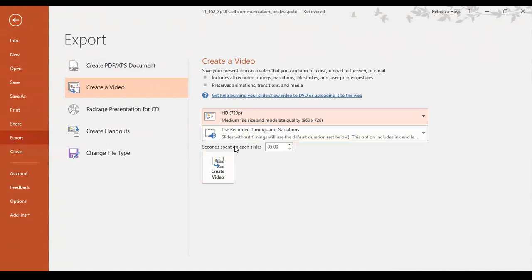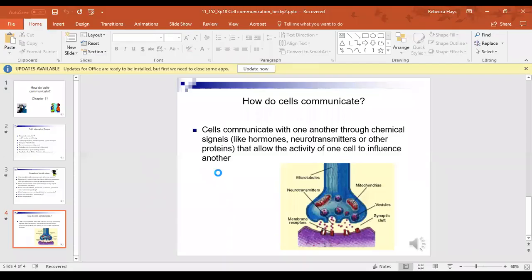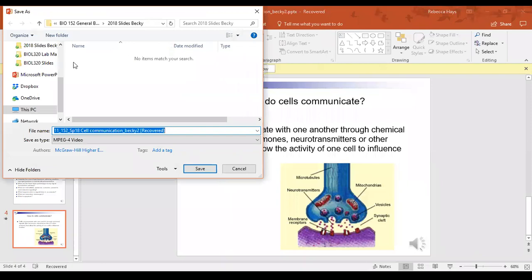I do leave it here where it says to use recorded times and narrations, and seconds spent on each slide are 5 seconds. If you record longer than that, it stays on the slide for longer than 5 seconds. But if you had a slide without any recording, it would just default to 5 seconds for the unrecorded voice slides. When you click Create Video, it's going to pop up a